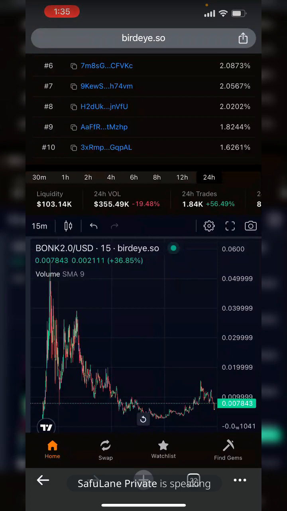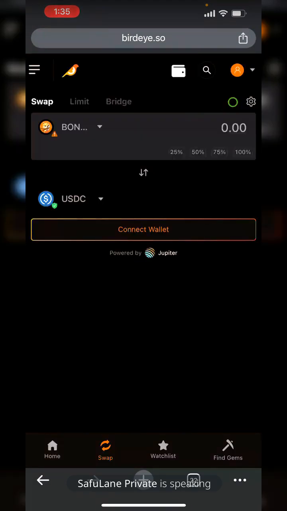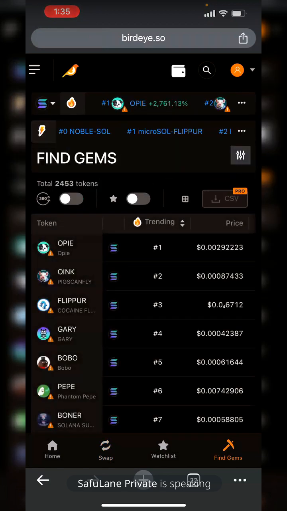So what else do we have here? You can make use of the swap. You connect with your wallet, like you said. And I actually use the swap here. But mostly I have a bot. There is a bonk bot that is being used, that I do use for sniping on Solana tokens. And you can find gems. So doing this might be so